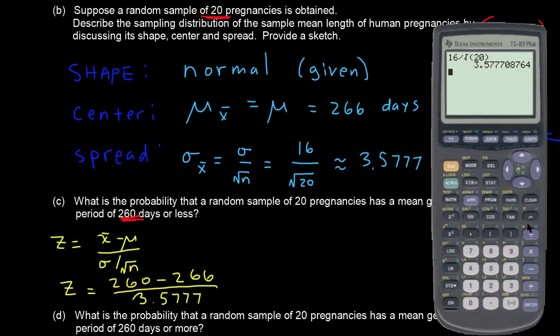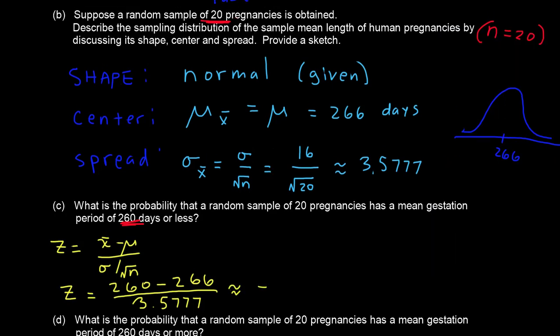So let's do 260 minus 266 divided by 3.5777. This is our z-score. I'm going to round that to 2 decimal places, so negative 1.68. Just like earlier, that is not the solution. That is our z-score that we want to take to the z-table